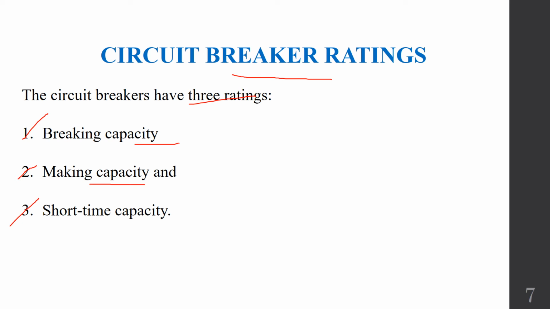Sometimes it is possible that the fault current nature is temporary, that is, after 2 or 3 seconds the fault will automatically get cleared off. In that case, it is desired that circuit breaker should not trip, and therefore the holding capacity of the circuit breaker is defined as the short time capacity. Also, there is one more rating, which is the normal current rating of the circuit breaker. It is basically the RMS value of the current which the circuit breaker is capable of carrying continuously at its rated frequency under specified condition.